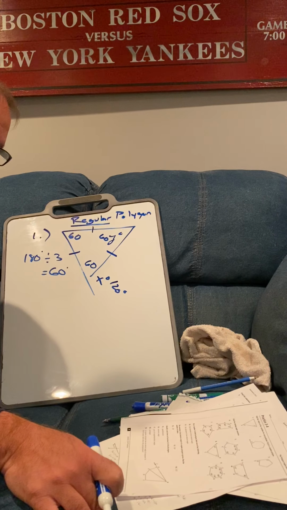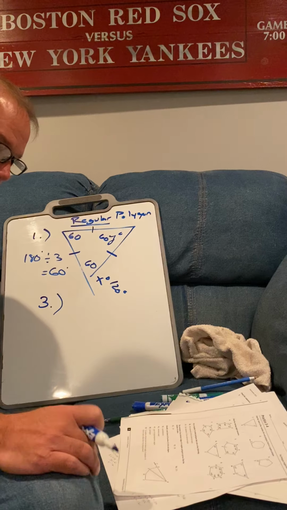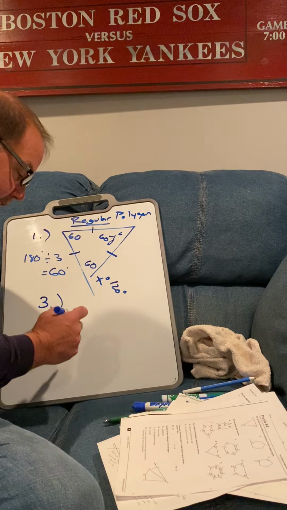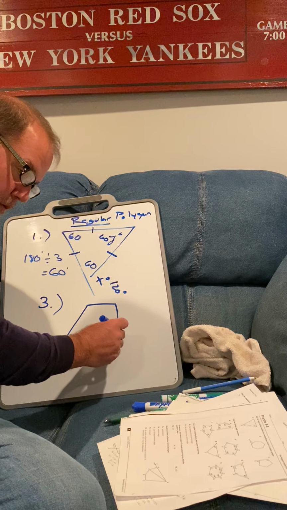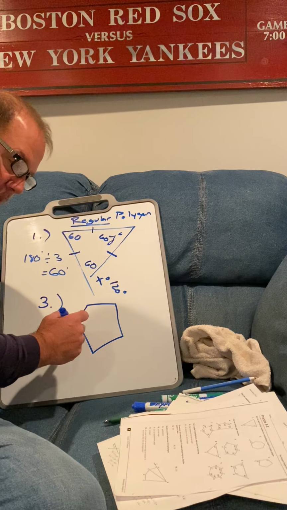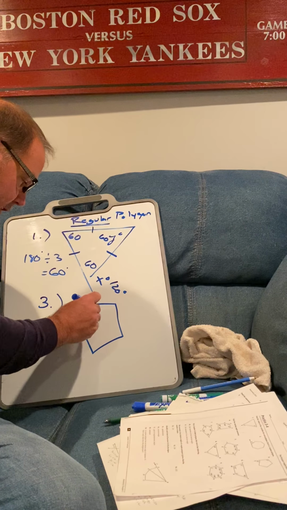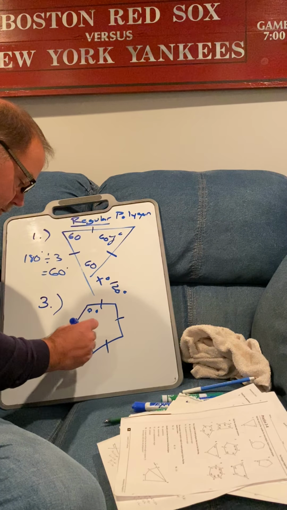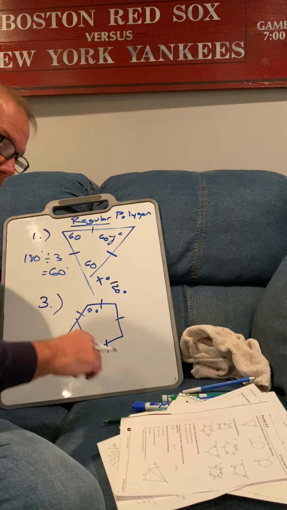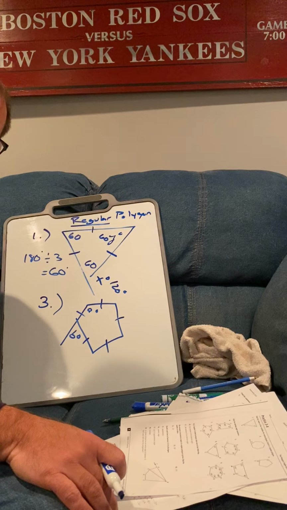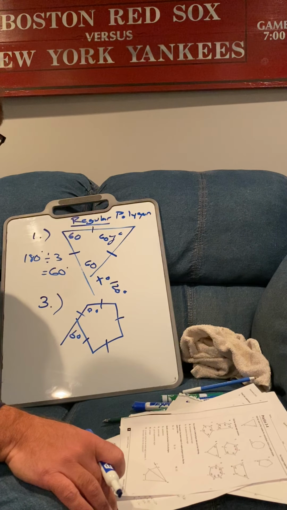I'm going to let you do number 2. Okay, number 3. In this picture we have a pentagon. A pentagon is a figure that has 5 sides. Again, it's regular, so all the sides are equal. How many degrees are in a pentagon? Well,